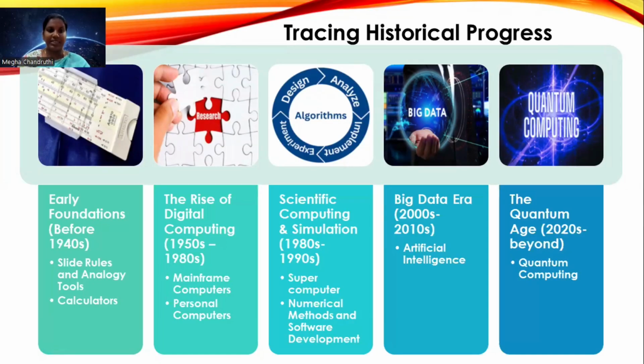And here what happens is they were observing the values manually, or they were using some kit, and they used to get some values, and using the calculator or any physics-related tool, they used to get the output. Mainly they were using slide rules and analog tools. I hope you will know that analog tools mean continuous formation.